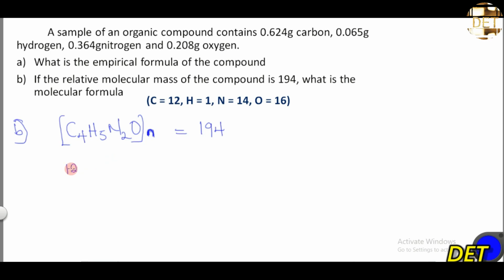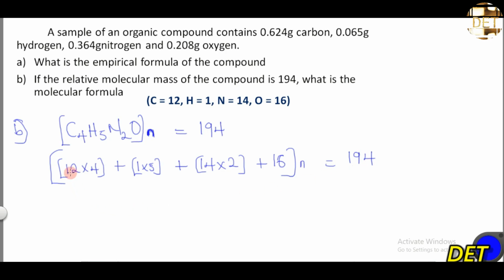So that will be 12 times 4, plus hydrogen, the relative atomic mass of hydrogen is 1, so 1 times 5, plus the relative atomic mass of nitrogen is 14, so 14 times 2, plus the relative atomic mass of oxygen is 16, and I just have one oxygen here, right? So plus 16. Bracket close, N equal to